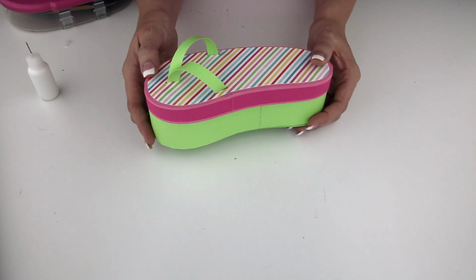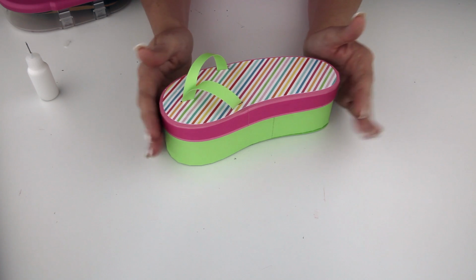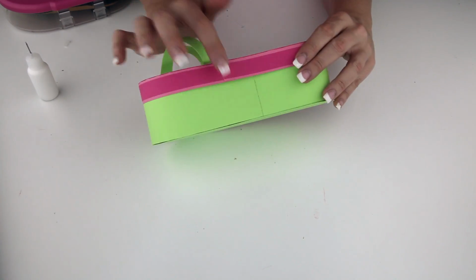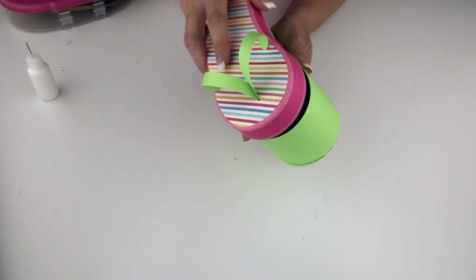So there you have it. We have this adorable little flip-flop box, and I made it where you can size it down, but I made it where you could make it larger. So that's why all of these pieces are in 2 strips for the sides, so that you can make it larger like this, so it actually can hold something a nice